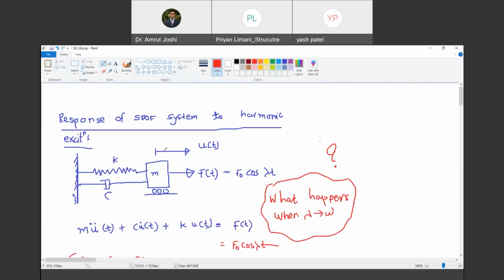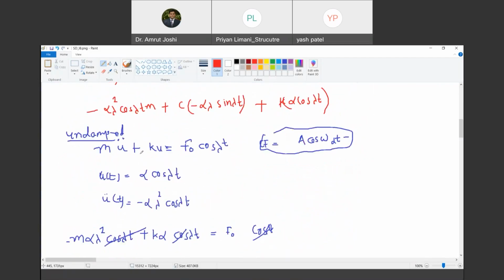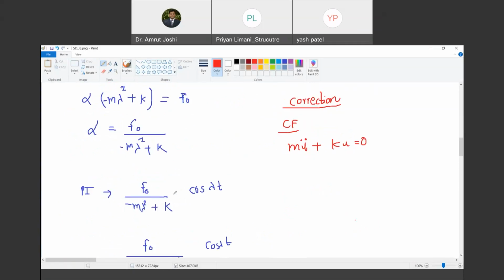So in last class, we were looking at harmonically excited single degree of freedom system, and we did acknowledge that it is really complicated to handle damping in this case. So we will first begin with undamped system. Therefore, C is 0, K is non-zero, and the equation that we are going to solve for undamped case is m u double dot plus K u is equal to F0 cos lambda t. Are you with me? And in that we did find out particular integral correctly.